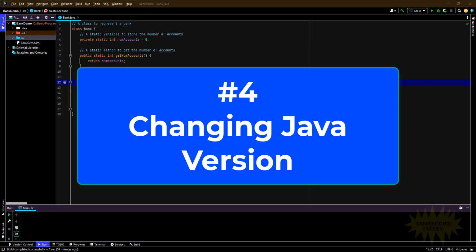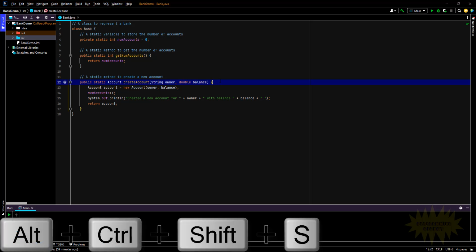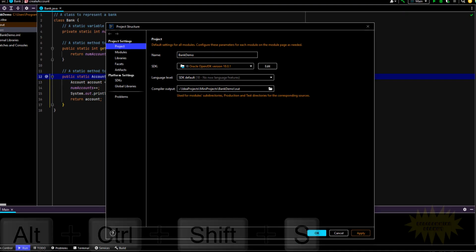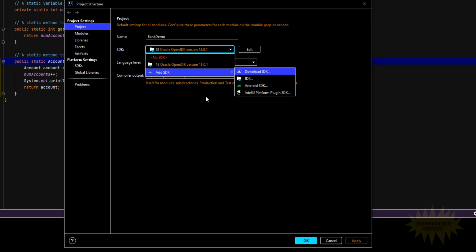Number four, changing the Java version. To easily change the Java version, simply press Shift, Control, Alt, and S, and that'll bring up the project structure settings. Now to change the Java version, you simply click here, and then you can choose whatever versions you have available,